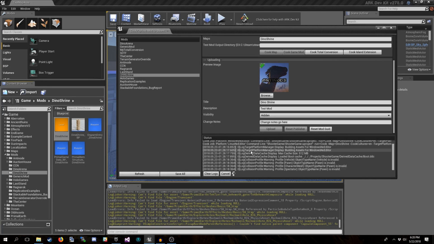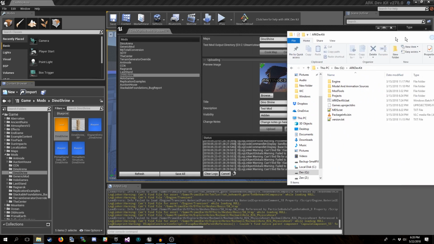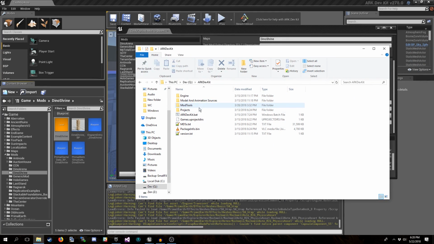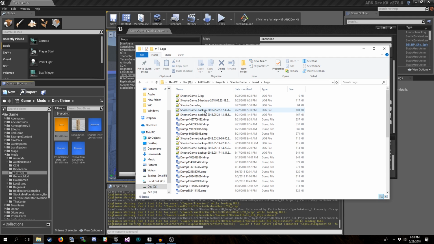No errors should pop up if you're using the files that were downloaded from the last video. But if any errors do pop up, they should show up down here and in a log file, which you can find if you go into projects. This is in your dev kit directory, by the way. Go to projects, shooter game, saved, logs.